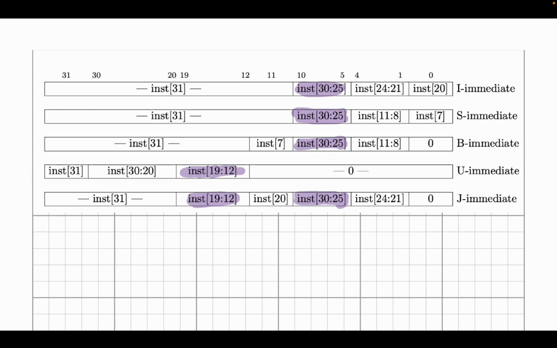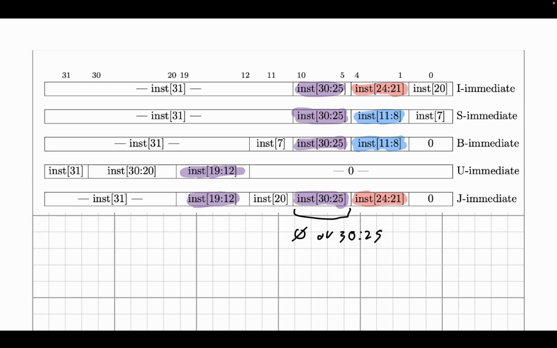And then I'm going to use a different color because we have 11 down to 8 and 11 down to 8 here. And then we also have 24 down to 21 and 24 down to 21 here. And what you can see is that there's consistency across different instruction types, right? No matter what the instruction type is, these bits here, they're either going to be 0 or 30 down to